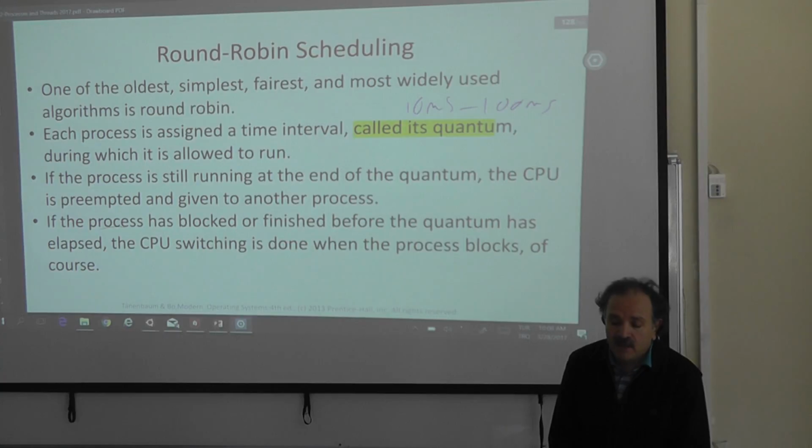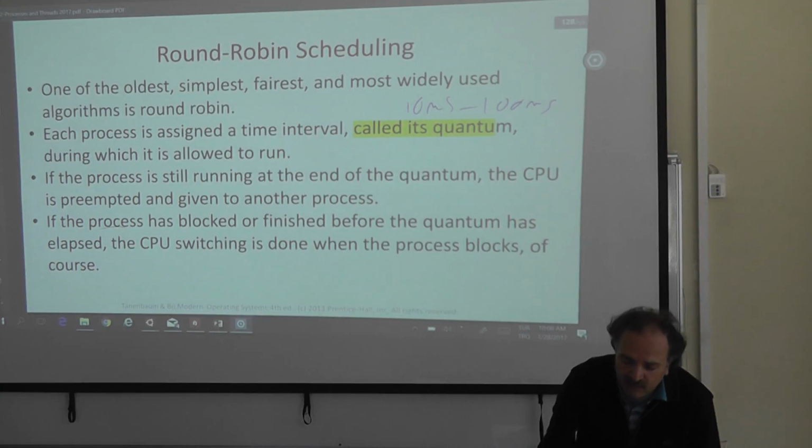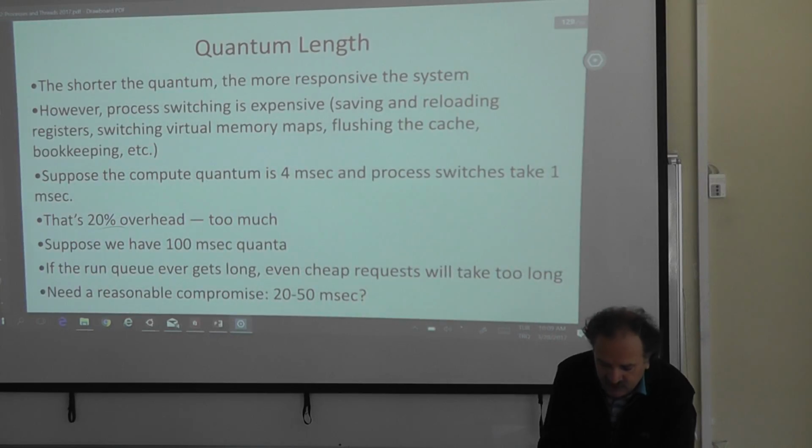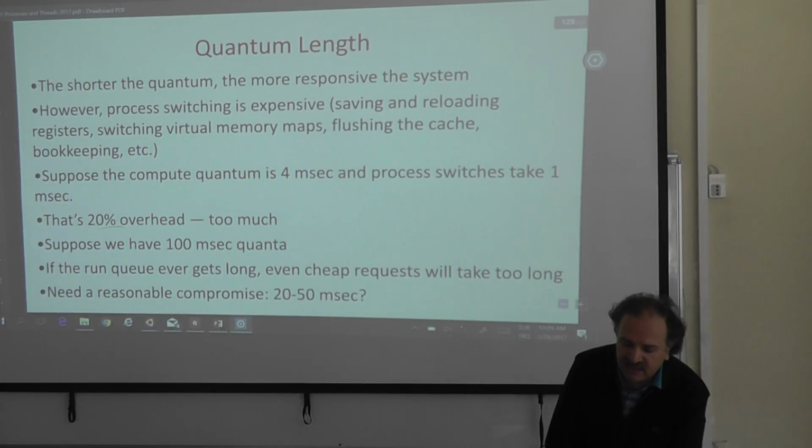If you take your quantum time too small, then you are spending most of your time with context switching, and your CPU utilization will not be that good in that case. We talked about this before the exam actually. So there must be a trade-off, a reasonable compromise. We don't know what these values are, but if you are spending 20% of your time